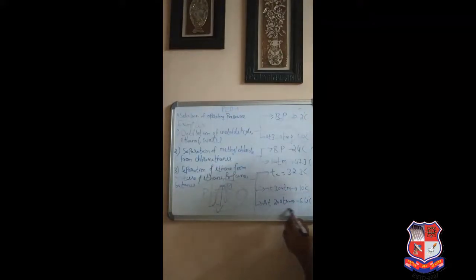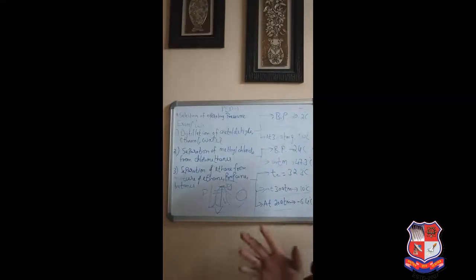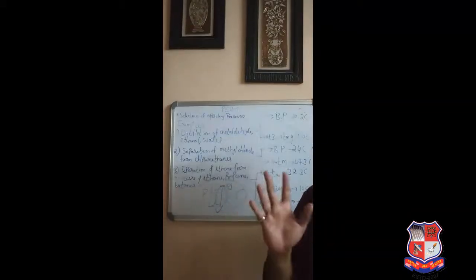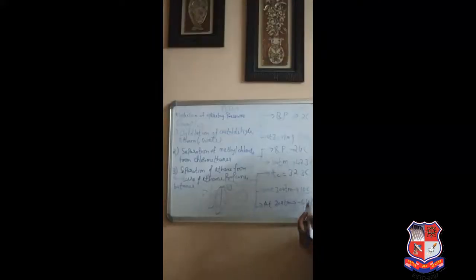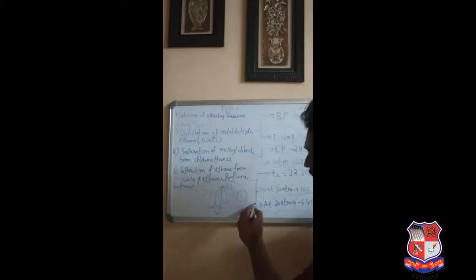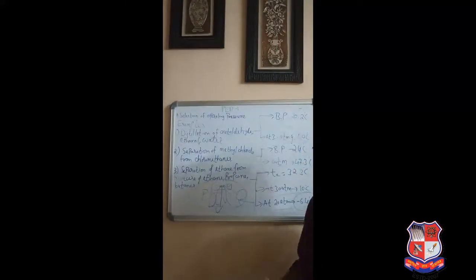So at 20 atmosphere, the critical temperature of ethane turns out to be 6.4 degrees Celsius. So rather than use chilling water, operate your column at 20 atmosphere and use brine. The temperature of the brine will be lower than this, and it will be able to condense it. So this law is also fulfilled, and your fixed cost is also not high, and your operating cost is also not so high, right?